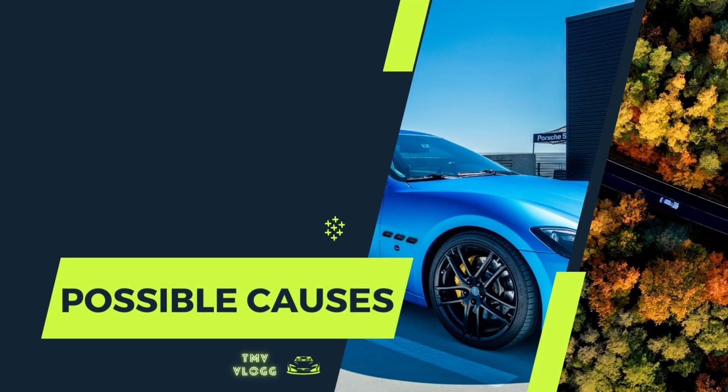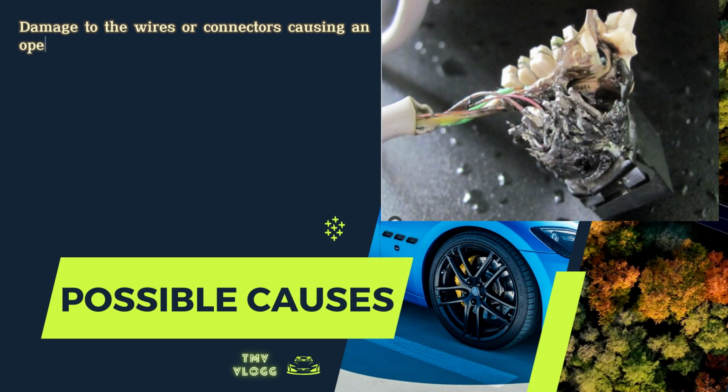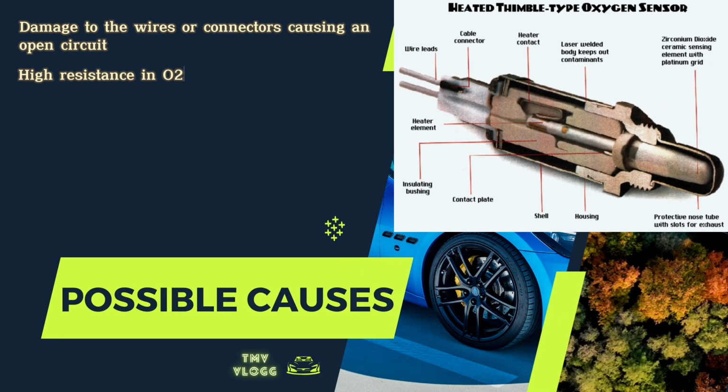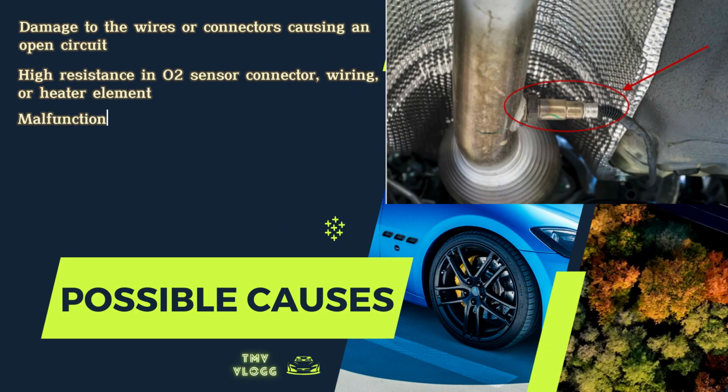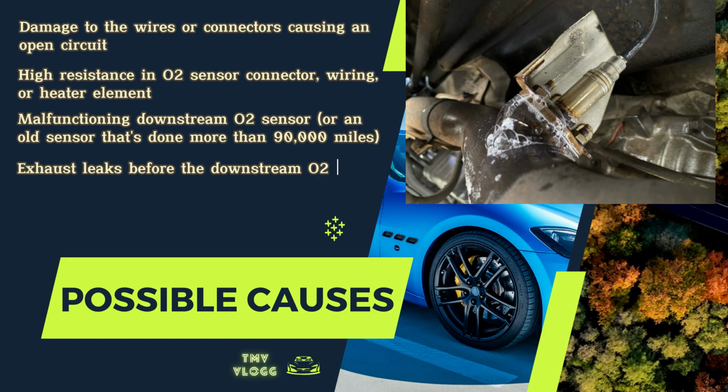Possible causes: damage to the wires or connectors causing an open circuit, high resistance in the O2 sensor connector, wiring or heater element, a malfunctioning downstream O2 sensor or an old sensor that has done more than 90,000 miles, exhaust leaks before the downstream O2 sensor,